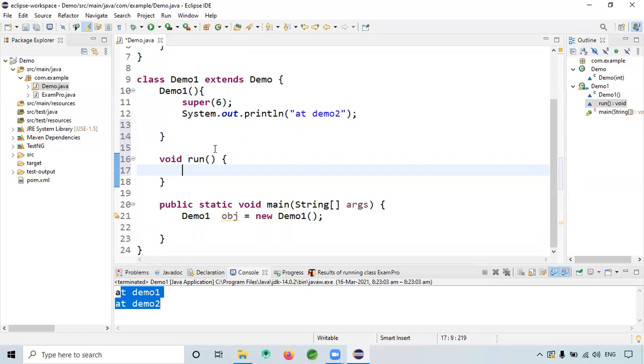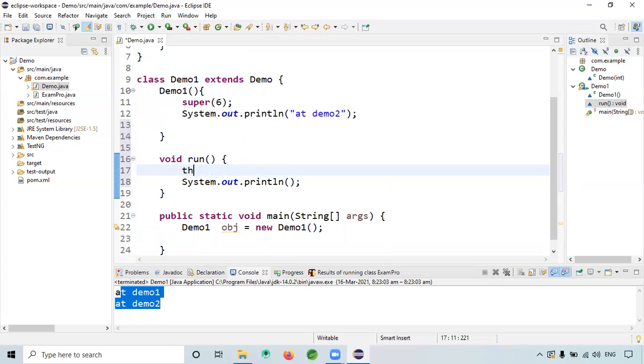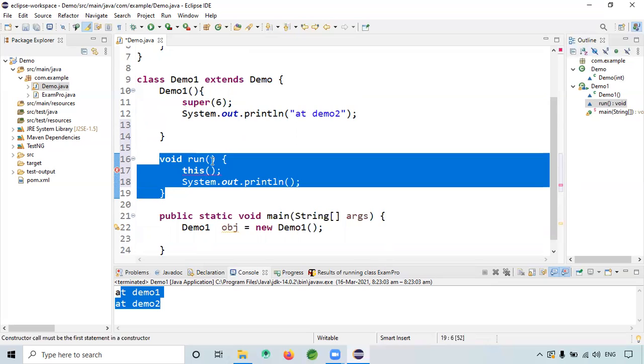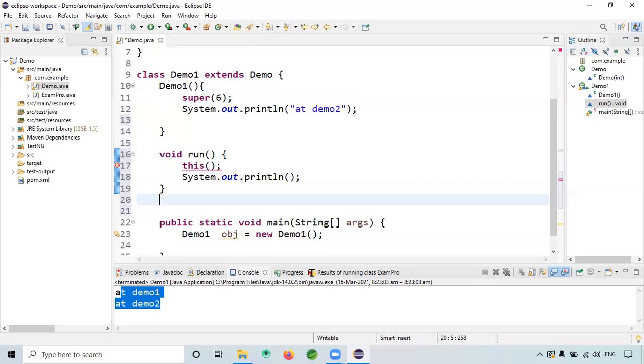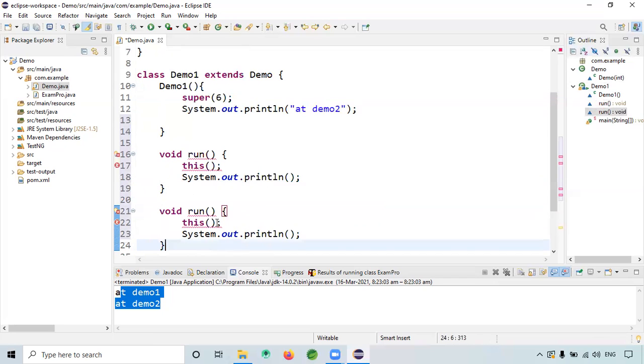I have read somewhere, this can be this.something or just this.